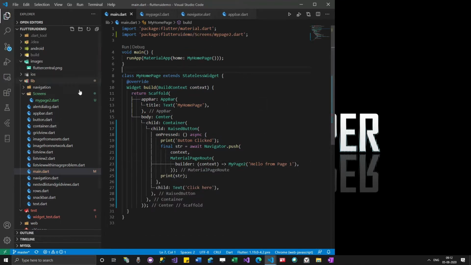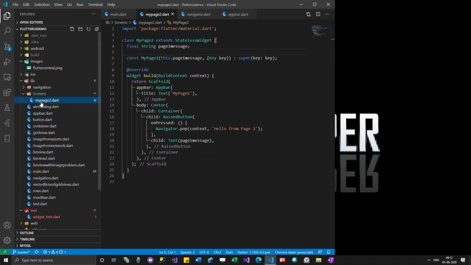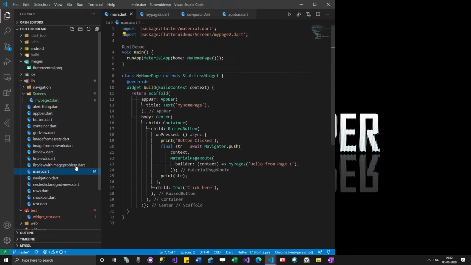As I split my code into multiple pages, this has become a part of a package. Even my home page, right?